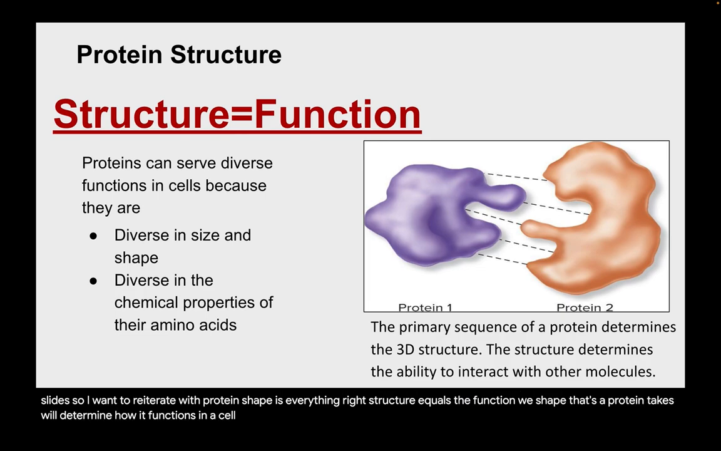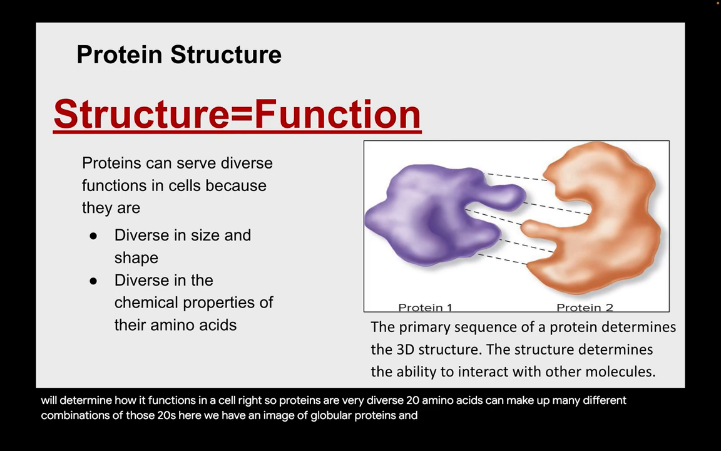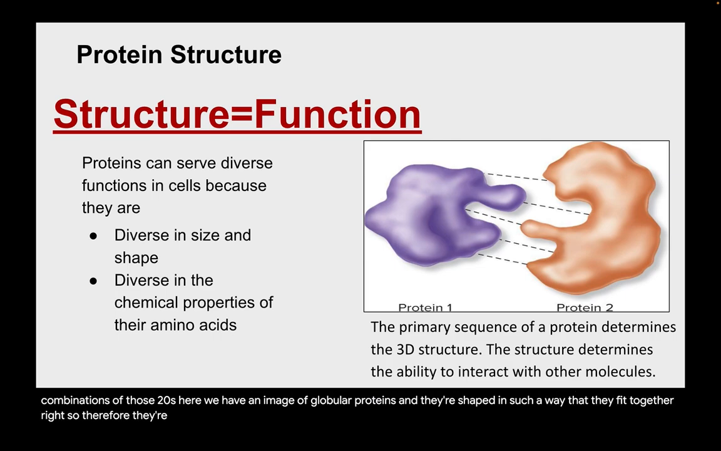All right, so proteins are very diverse, in that these 20 amino acids can make many different combinations to create different molecules, but also they can make different shapes. So here we have an image of these globular proteins, and they're shaped in such a way that they fit together. So their shape is very important to how they function because they have to fit together